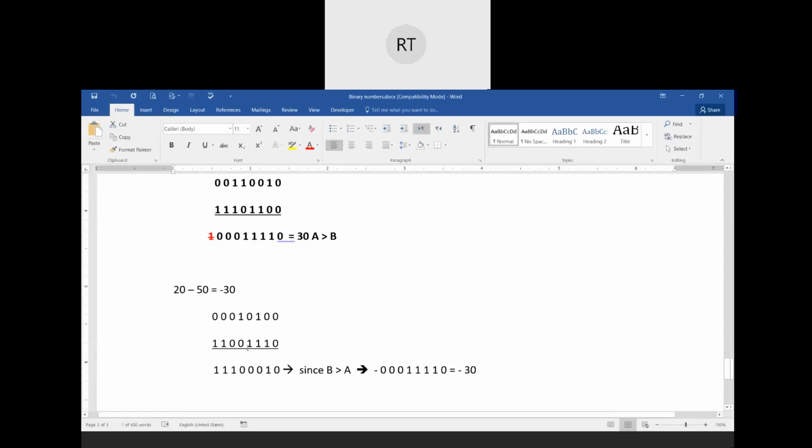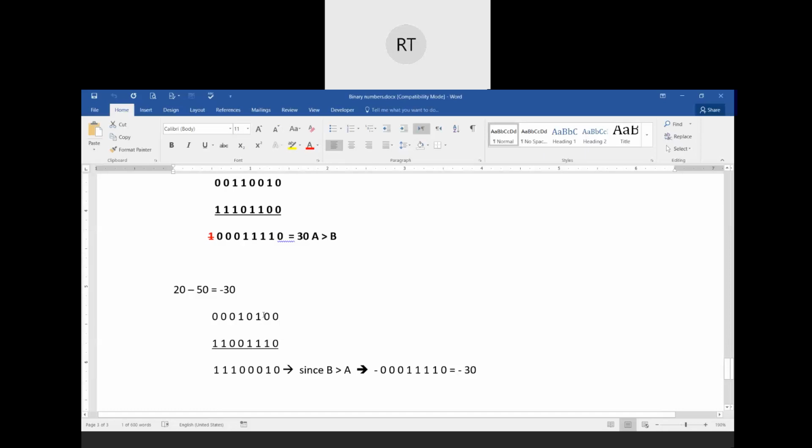Yes, Carmen, can you try? What did I do in this exercise? We converted 50 to 2's complement, negative 50, and the 20 is in binary. Okay, so this is negative 2's complement, and this is the